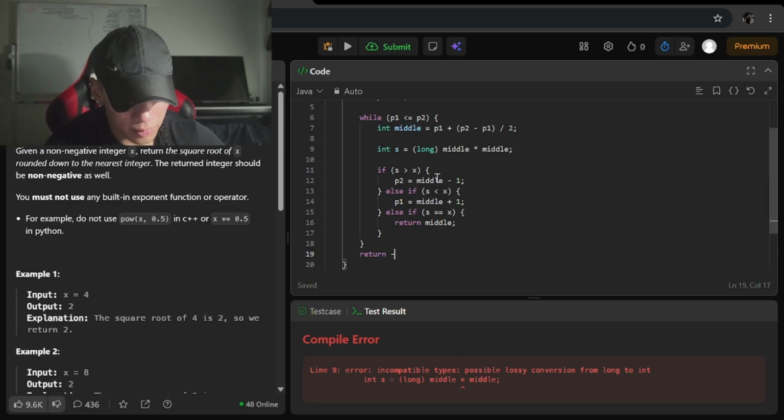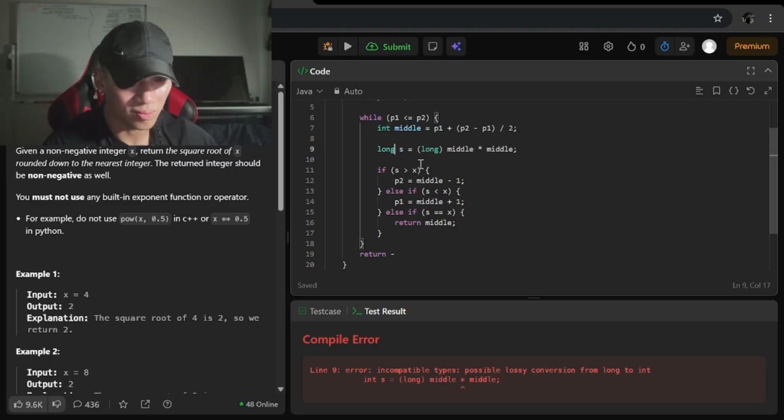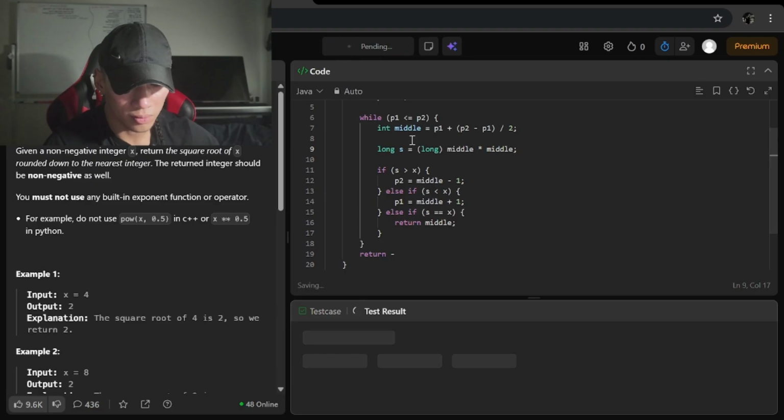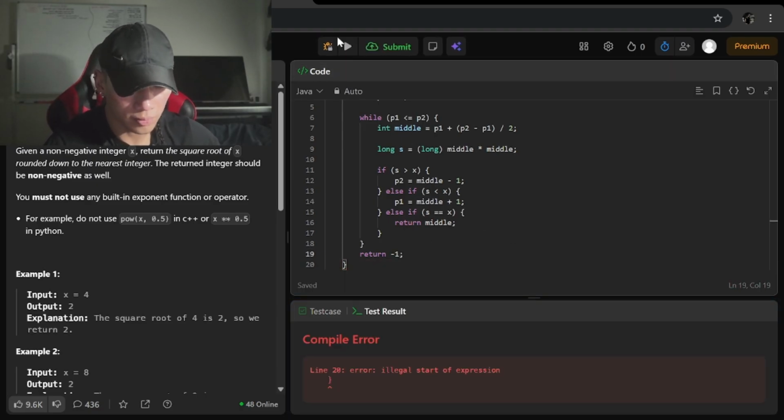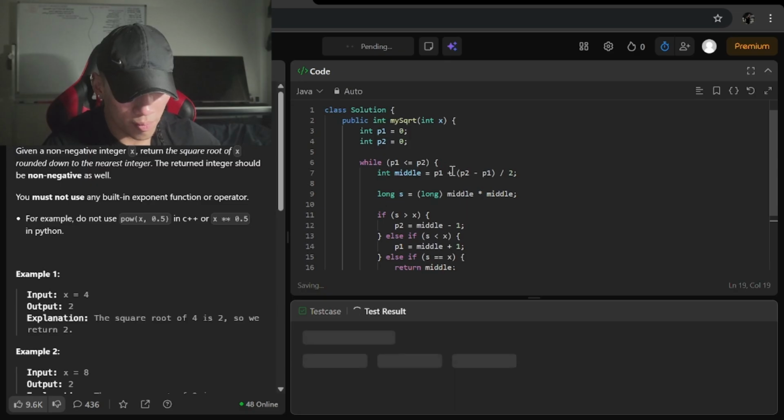Oh, the data type needs to be long as well. Yeah, the data type needs to be long. Oh. That's what you had in. Yep, add long.